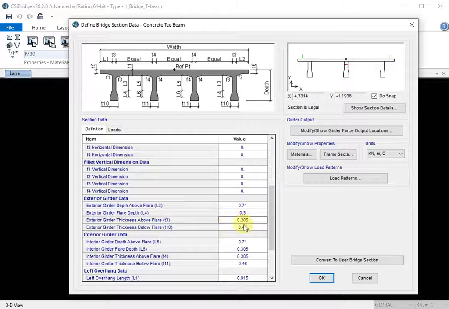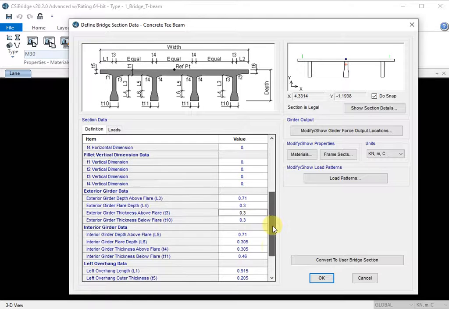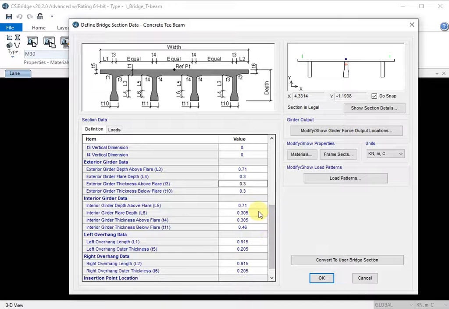So everything will become 0.3 here, and for the interior girder also everything is 0.3.